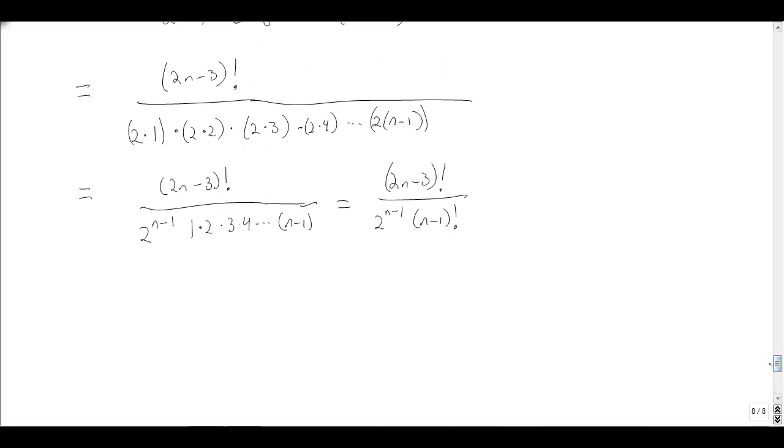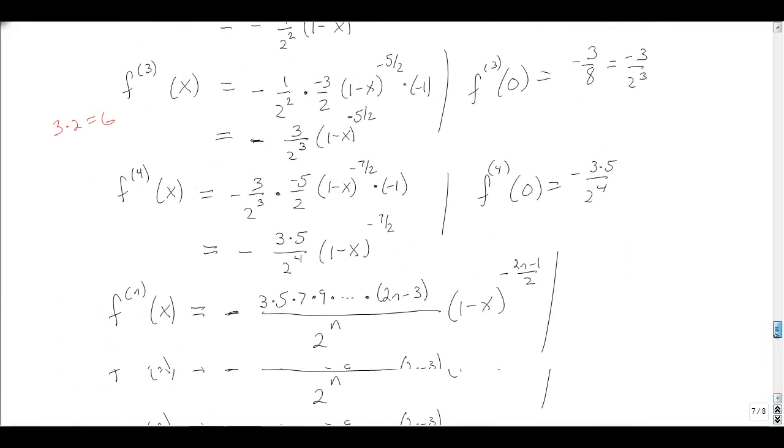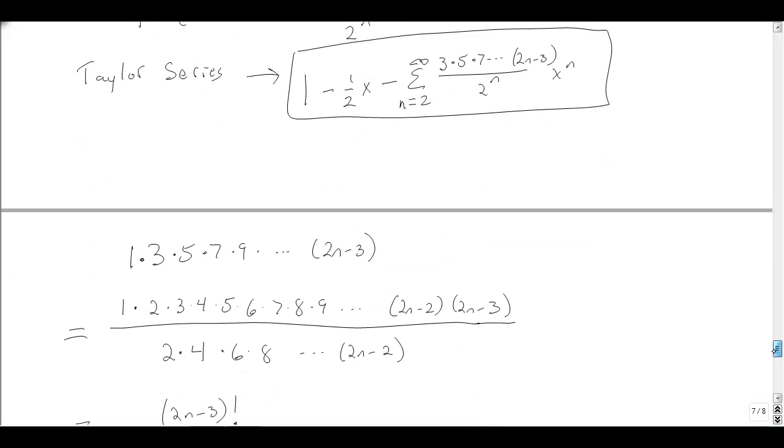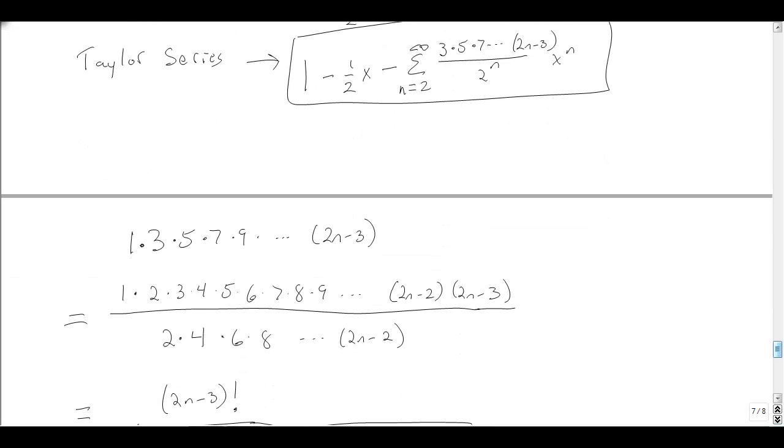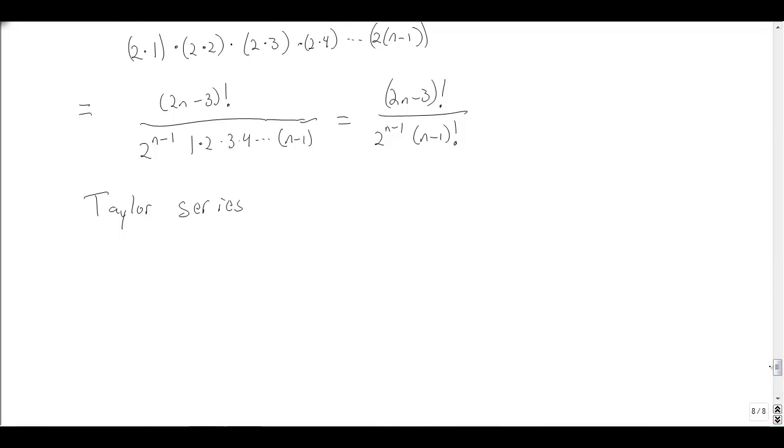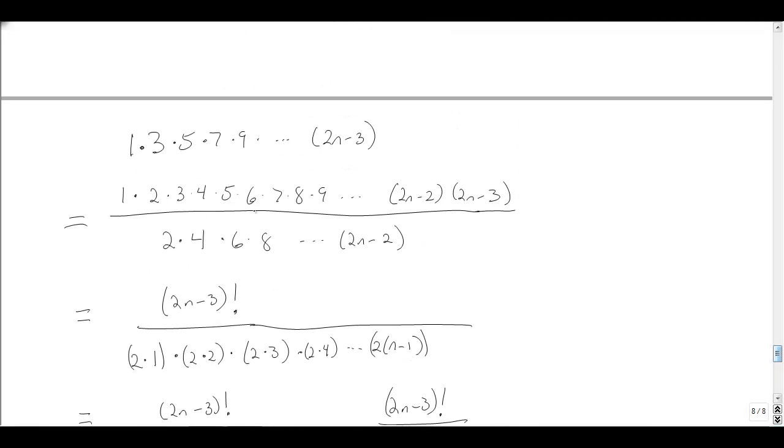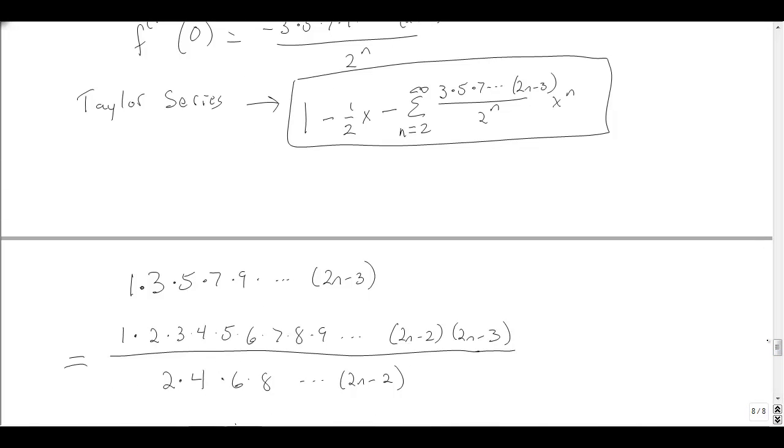So our Taylor series could be rewritten. Let's see if we've got enough space up above to write it. You can squeeze this in here. Well, no, let's just do it down here. So our Taylor series really could be written as we had the 1 minus the 1/2 x, that's minus x over 2, minus the sum n equals 2 to infinity, the formula we had above, which was this 1 times 3 times 5 times 7 times 9 to the 2n minus 3. Oh,